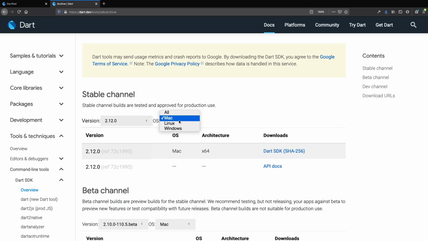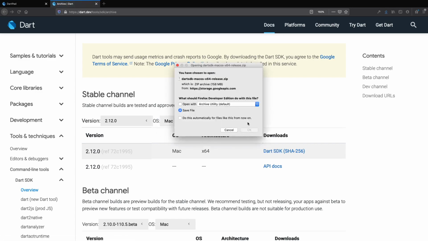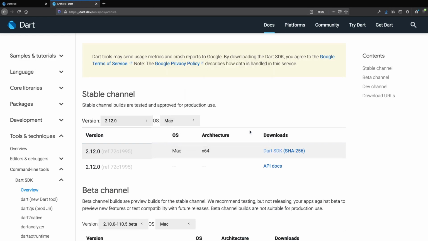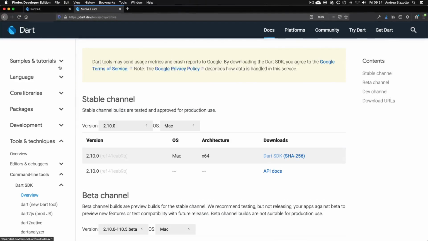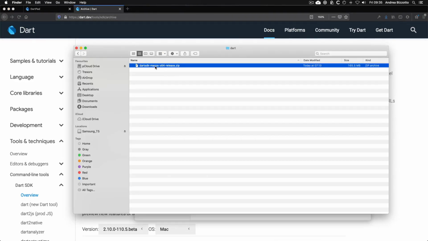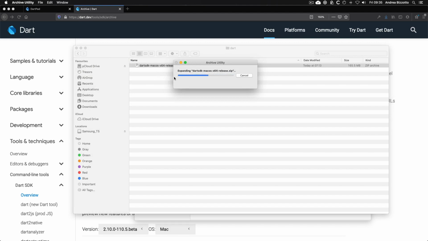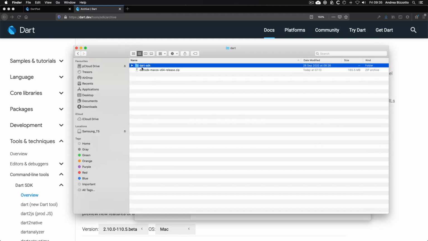So make sure that your operating system is selected, and then you can click on this option to download the Dart SDK. And once you have downloaded this, you can move the downloaded file to a folder where you want the SDK to be installed. And once you have done this, you can double click to extract this zip file, and this will create a Dart SDK folder. Next, you want to update your system path and make sure that it points to this installation of Dart. And we have already done this before, but just as a reminder, let me show you the setup